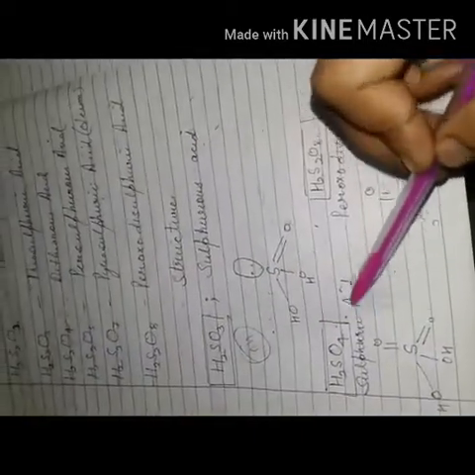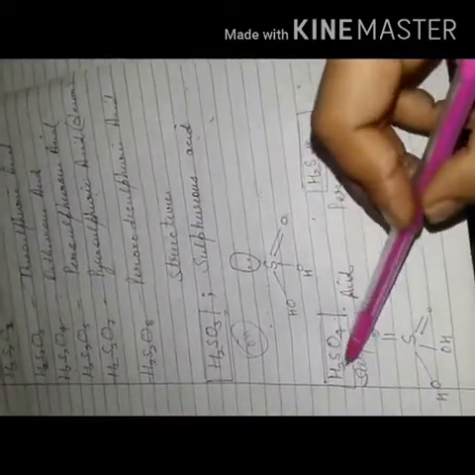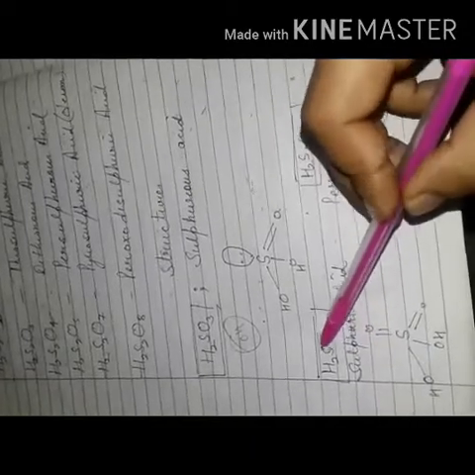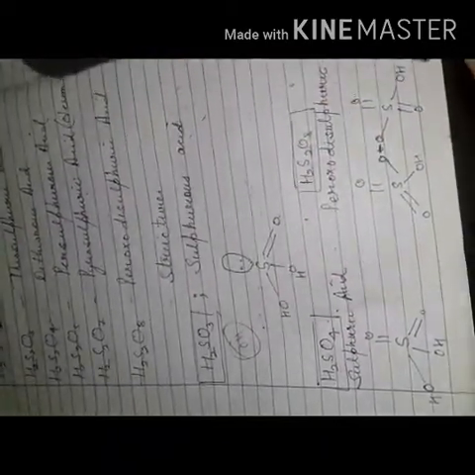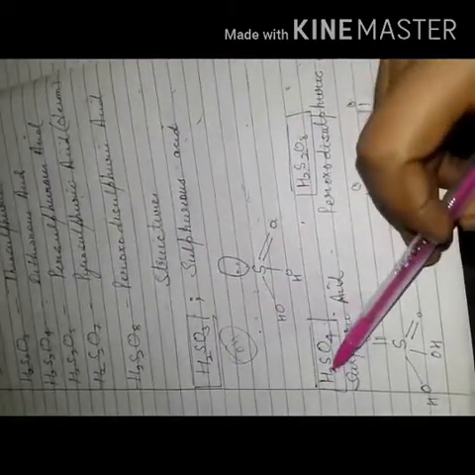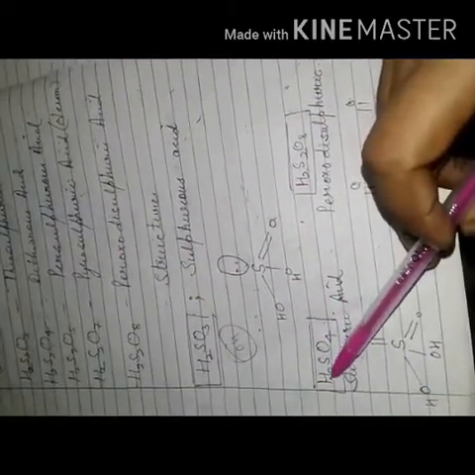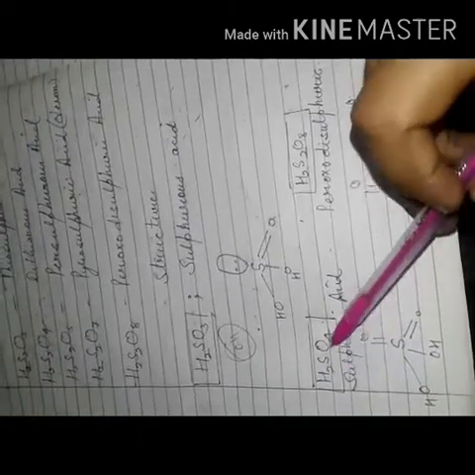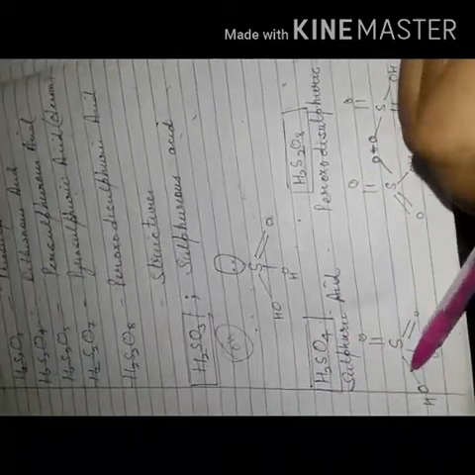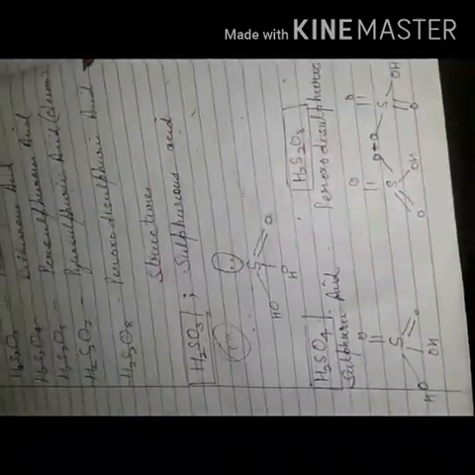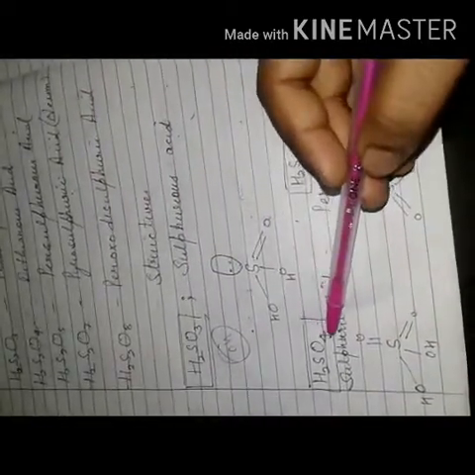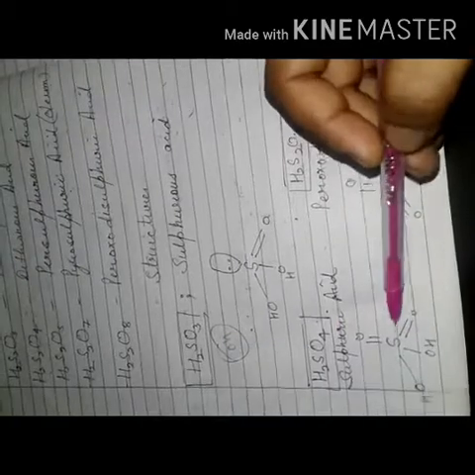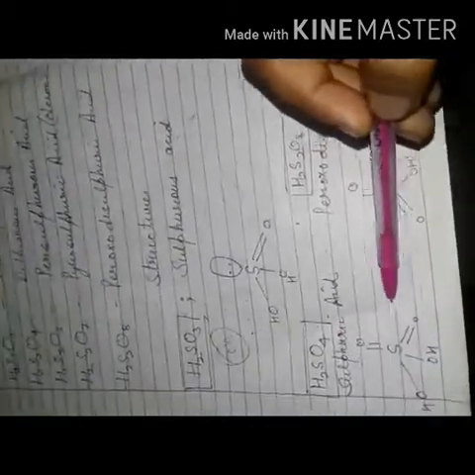Now the same is the case with sulfuric acid, formula H2SO4. Sulfur, keeping this in mind, is going to form 6 bonds. First 2 bonds will be formed with OH, which I have drawn over here. Remaining are 4 more bonds. So 2 oxygens I have utilized, 2 are left, and those 2 are going to be double bonded. This is the structure of sulfuric acid.